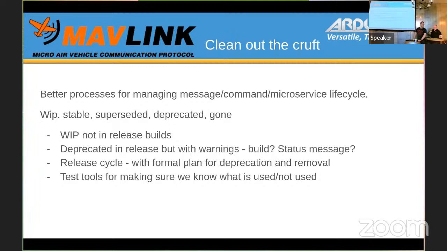So we also need... Probably worth just articulating a little bit further why we are so concerned about the work in progress messages. And the key reason there is that WIP tag basically means that message isn't stable. The definition isn't stable. Changes can happen basically without notification to the broader community as it gets implemented, as it gets tested and adjusted, to try to figure out how to best achieve what the intent behind that message is.